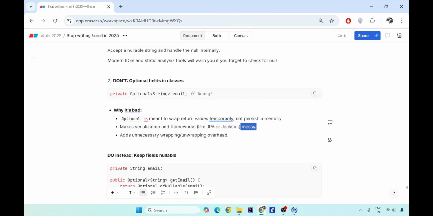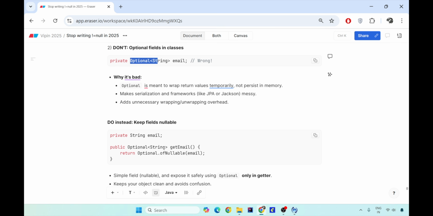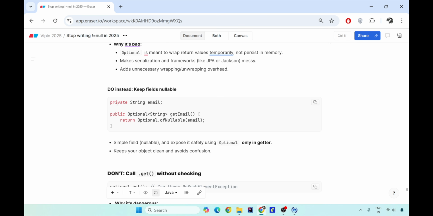So please do not use it in any of the classes which are going to be used as entities in your object. You can use it in details, that is fine, but try to avoid it in the database handling. Rather, just keep it as private String email, and during the get of that email, you check whether this email is not null by wrapping it in the Optional. So whenever you get an email, you get the Optional of String, and that is the return type. Remember, this is the return type of a method. So Optional should be used as a return type and not as an argument to a method. This is a very professional tip that I'm giving you today.